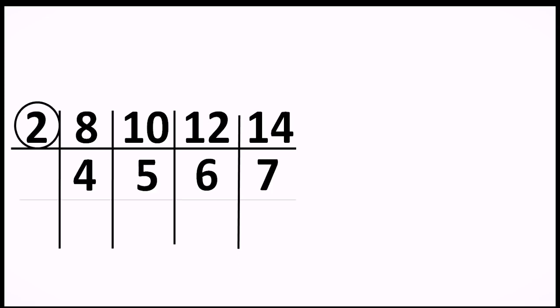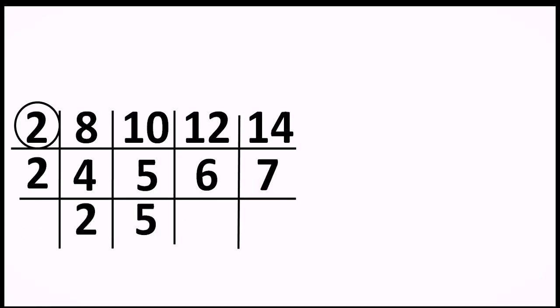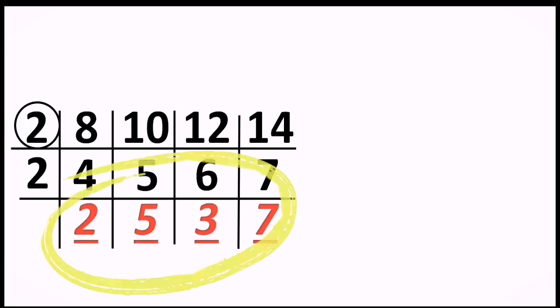Yes, of course. And the second layer will be divided by 2, but the moment you divide it by 2, 4 divided by 2 gives the answer 2. 5 won't be divisible by 2, right? 6 will be divisible and we get the answer 3, and 7 again won't be divisible, so we write 7 as it is, and here are those results, the way we decided. And now if you check the bottom layer, you come to know that these numbers 2, 5, 3 and 7 are not there in any other table.